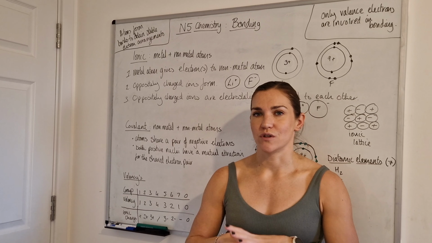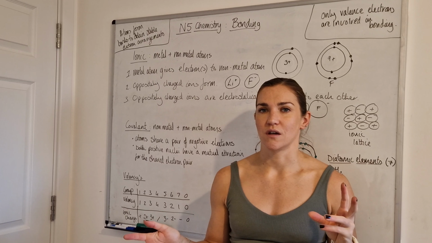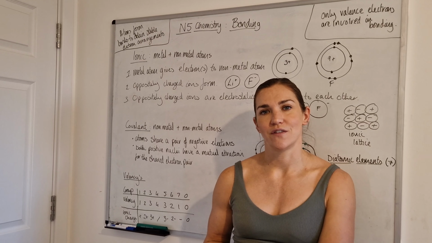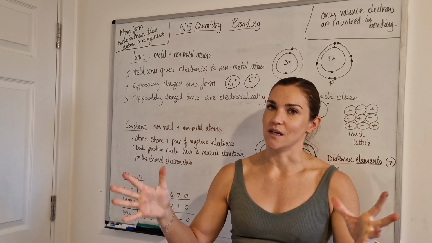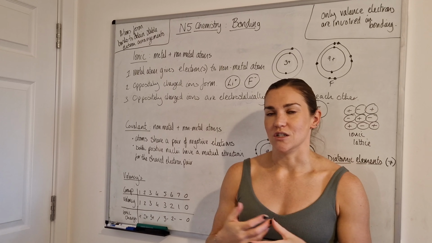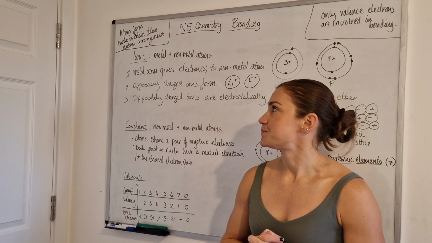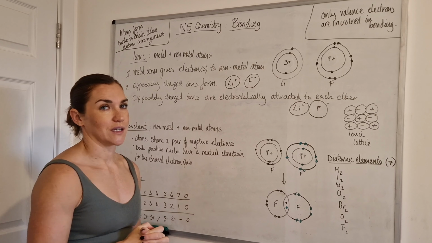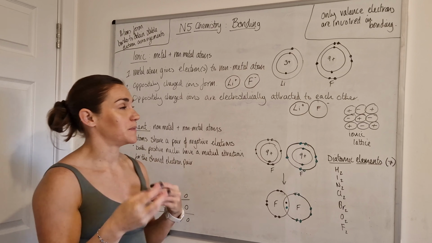However, I do have a video that summarises all the properties of all the different types of bonding and structure that you can go and check out as well, if you are looking to see how all the three different types of bonding within compounds relate to each other and what their different properties are. So if we just look at ionic and covalent in this video, like I'd said, now the type of bonding